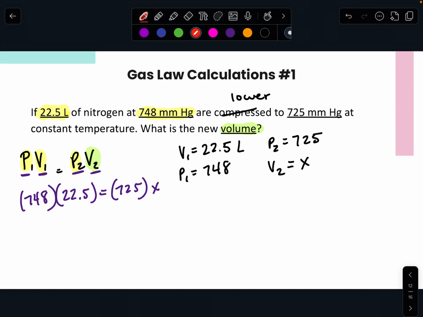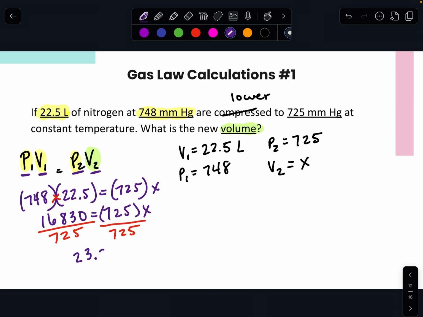Now I know that I just need to multiply my numbers that are next to each other together. And I get a pretty big number. And this is still the same over here. I haven't done anything to the right side yet, but I know that if I need to get X by itself, that means I need to divide by 725. I have to do that to both sides. And so my answer is 23.214